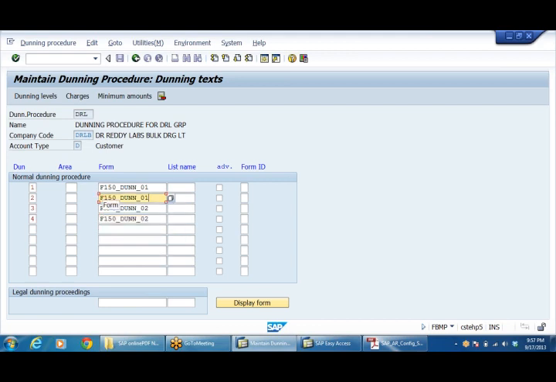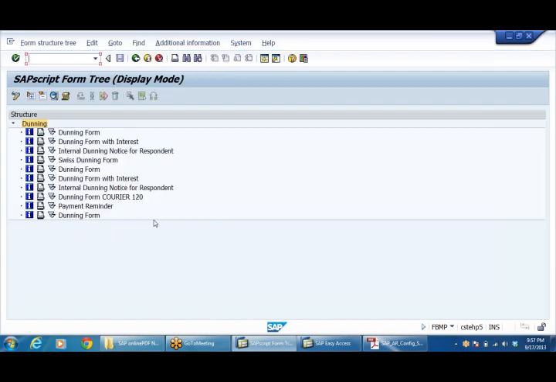First part, second part. There are 2 parts. Here also first part, second part. The system will take them depending upon the level. And I'll show you what the content of the dunning letter is. Standard content is there. If we want, we can even change that with the help of the ABAP consultant. These are the standard dunning letters provided by the system.